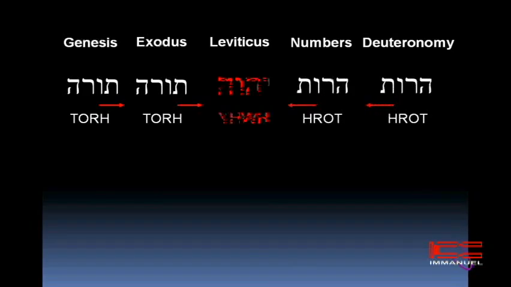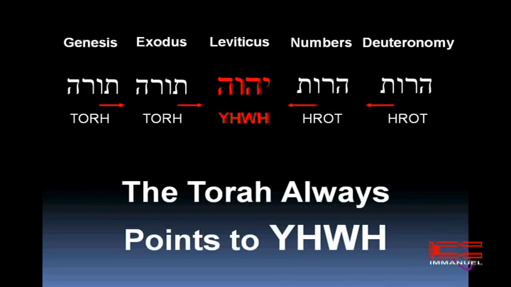Isn't that right? Remember how Nick said all the languages point towards Jerusalem? God has designed it so that the Bible does exactly the same. All the Torah points towards Jesus. Whatever the five books of the Bible talk about, whatever the Torah talks about, it all points to Jesus.